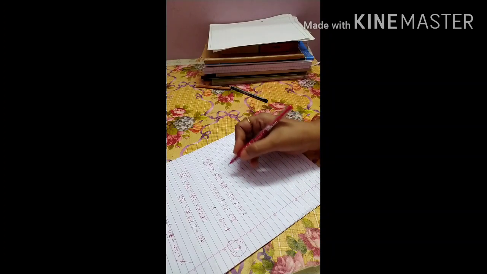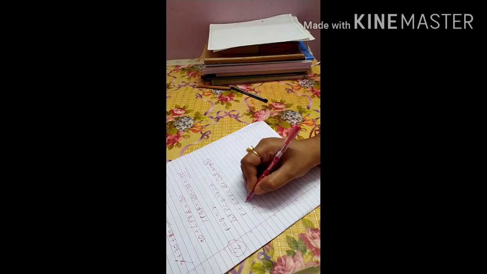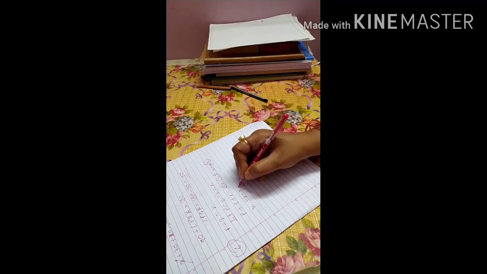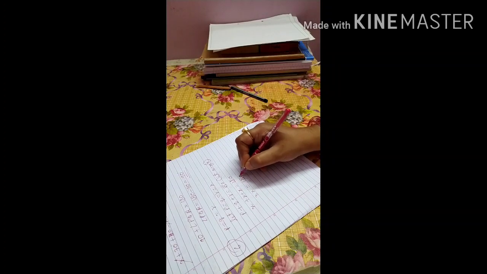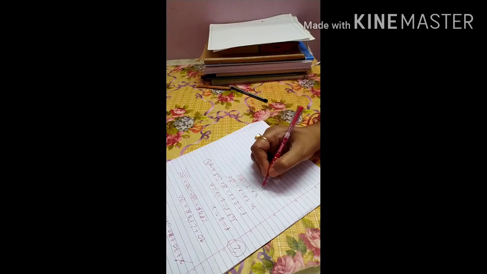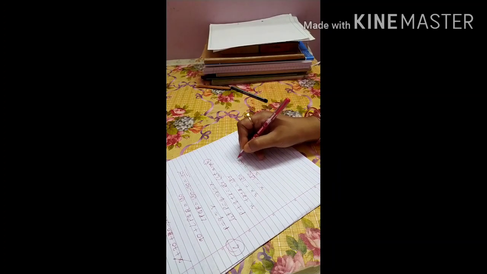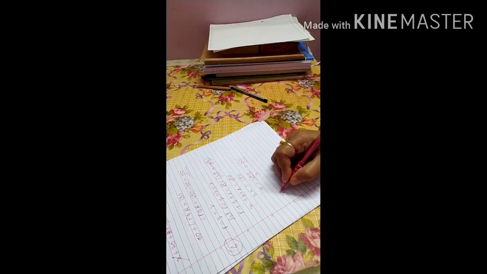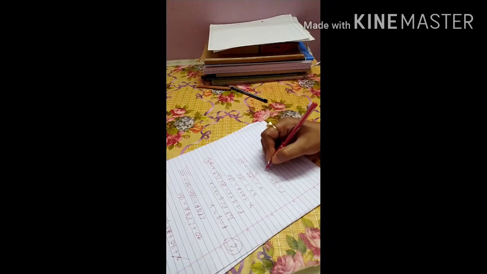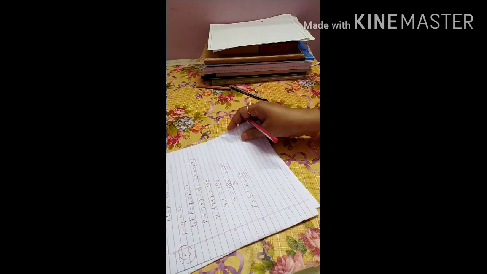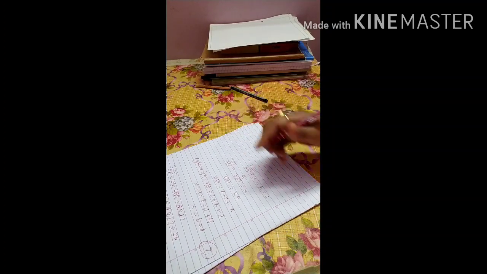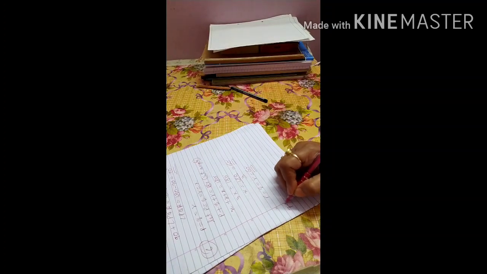So in place of P, Q, R we can write what? X plus x plus x is equal to 180 degree. So 3x is equal to 180 degree, and so x is equal to what? 180 divided by 3, that is 60 degree. So x is 60 means what? P is equal to Q is equal to R is equal to 60 degree is the answer. Clear? Now next is question number 7.